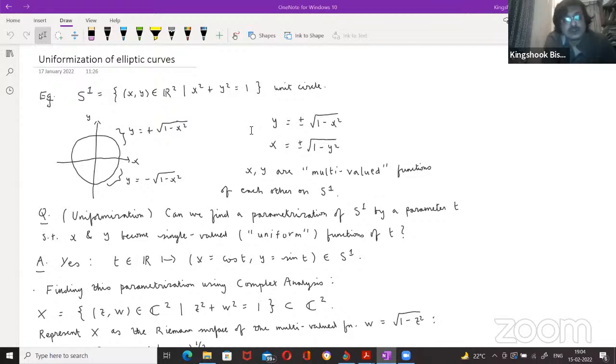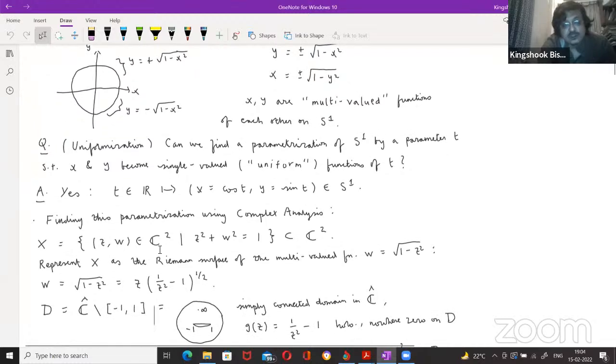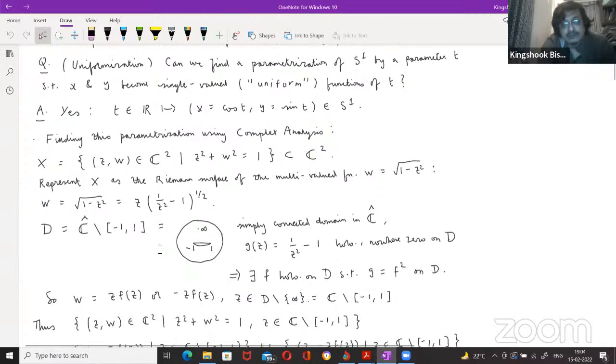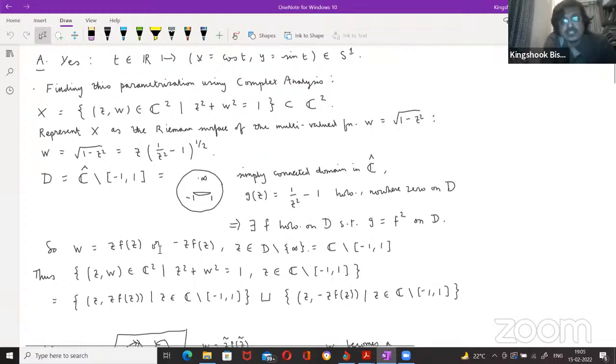The first thing to do is to make the variables x and y complex. So replace x and y by complex variables z and w. Look at what we might call the complex circle, which is the set of points (z, w) in the complex 2-space C2 such that z squared plus w squared is equal to 1. This is a subset of C2 which is called an affine algebraic curve. That means it's the zero locus of a polynomial in 2 variables, z and w. And